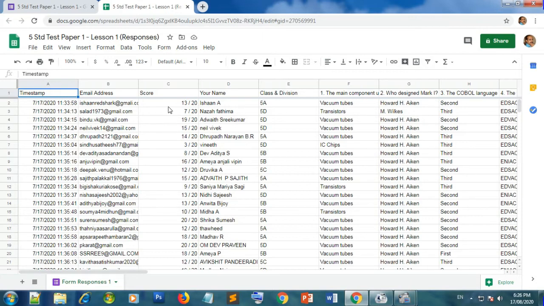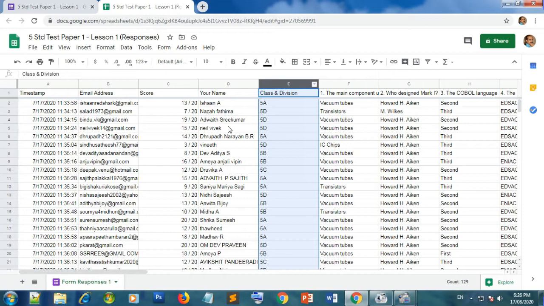One row shows the complete answers of one student, the second row the answers of the second student. But for preparing the mark list we need only these three columns. What are they? Score, name, class and division.